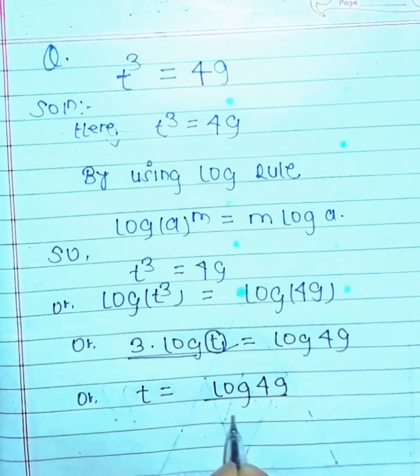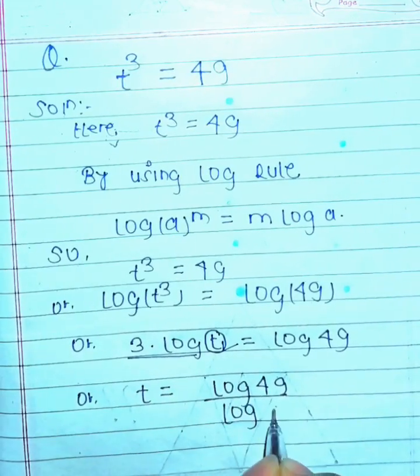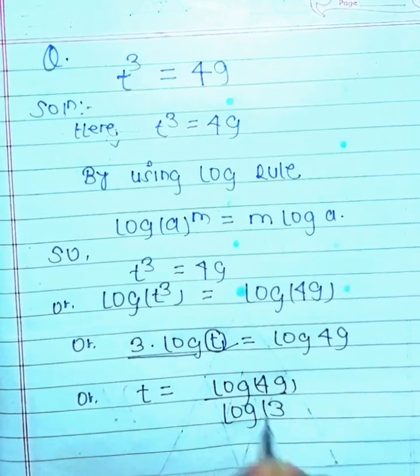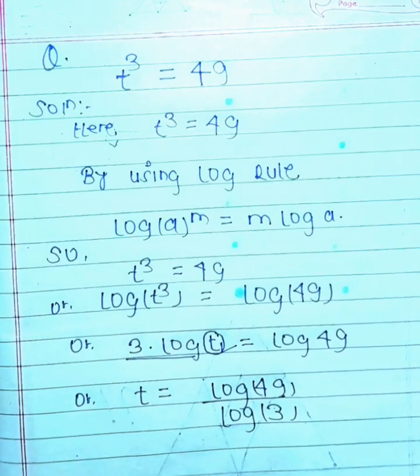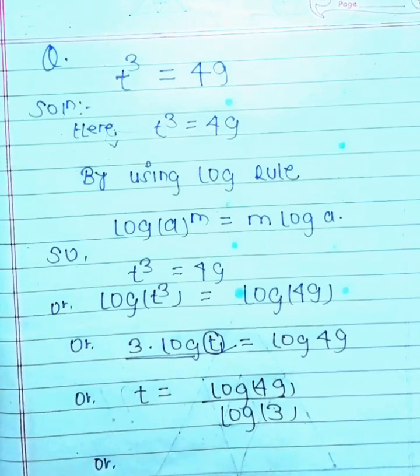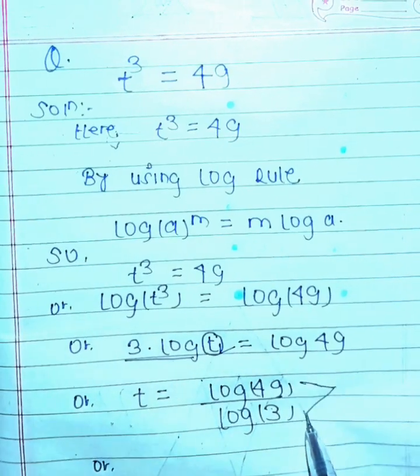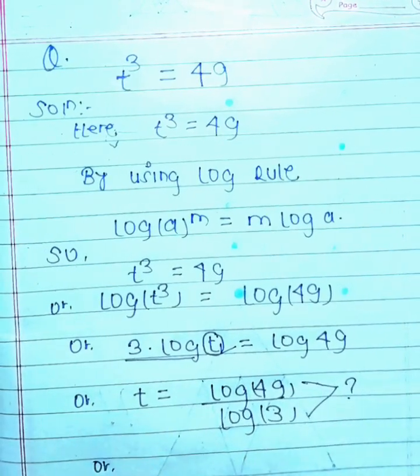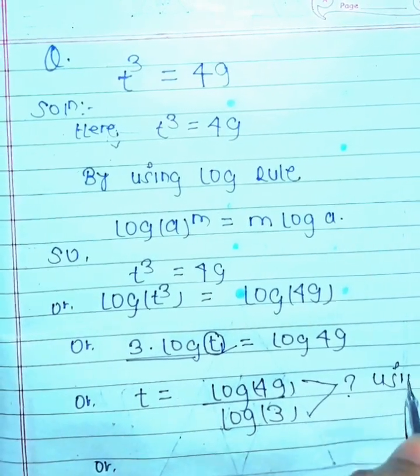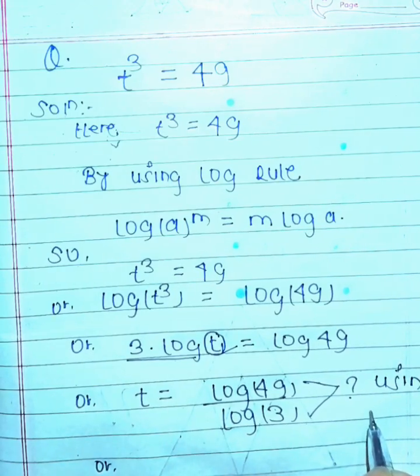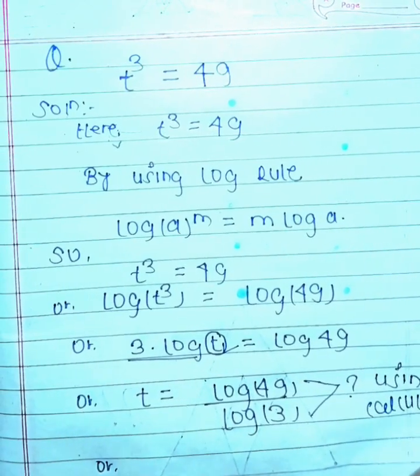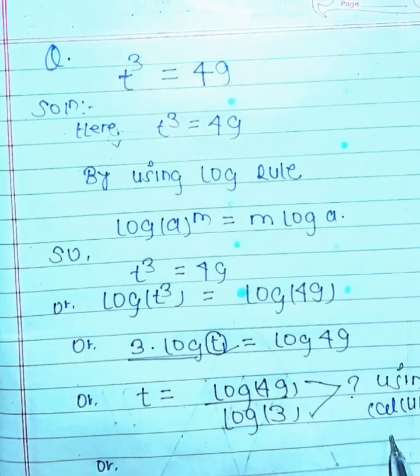Step 5: calculate the value. Now let's find the approximate value using a calculator. log(7) ≈ 0.8451, log(3) ≈ 0.4771. So, t = (2 × 0.8451) / 0.4771